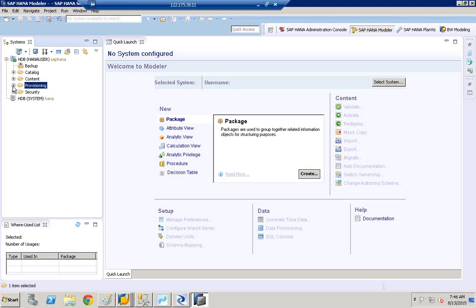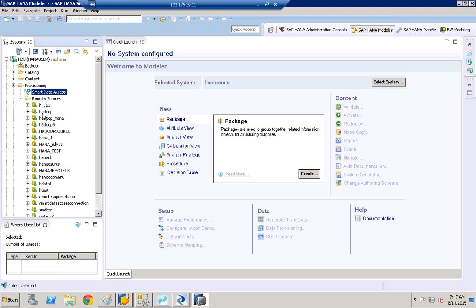Expand the provisioning folder. Here you see Smart Data Access. Expand remote sources. So all these are different connections that we created. So you can connect to Hadoop. You can connect to MS SQL. If you want to see how many databases Smart Data Access can connect to, just right click on the remote source, click on new remote source,